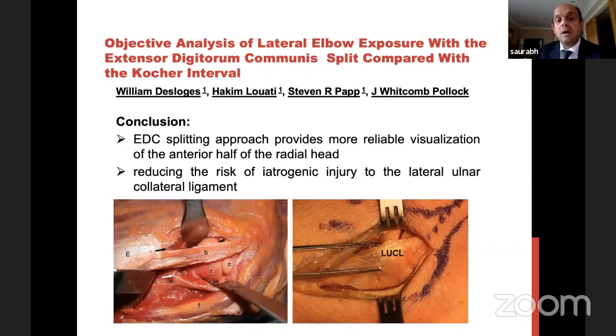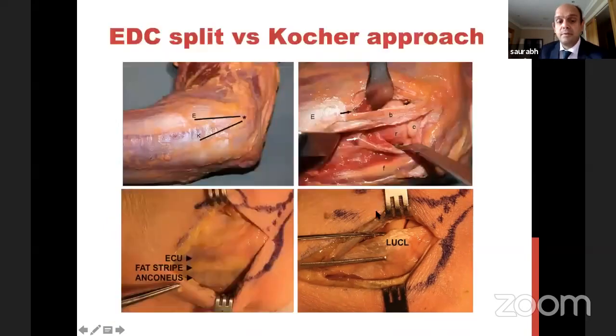All right. But EDC has its own problem. Because the posterior interosseous nerve is coming from the front, if I'm going 4-5 centimeters, if for some reason I have to put a long plate, then I have to be a bit aware of the posterior interosseous nerve. I'm going to harp on this point again because Kocher approach is a very common approach. We don't do medial approaches, but we do Kocher approach all the time to address radial head fractures, for septic elbows, etc.